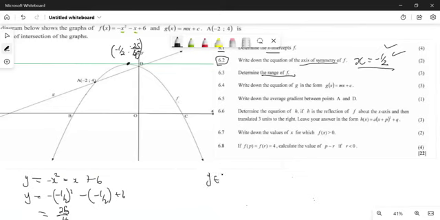y is an element from, we do have negative numbers, so y is going to be an element from negative infinity up until it gets to 25 all over 4. So you'll come and say we have 25 all over 4 here, included, because we are touching this graph here, or this green line here. The graph and the green line, they're intersecting each other here. So it's going to be y is an element from minus infinity up until 25 all over